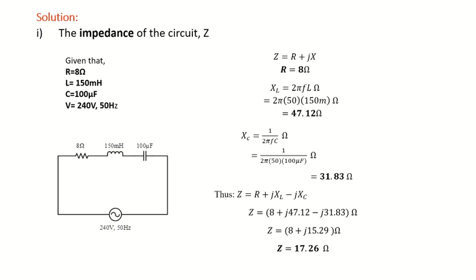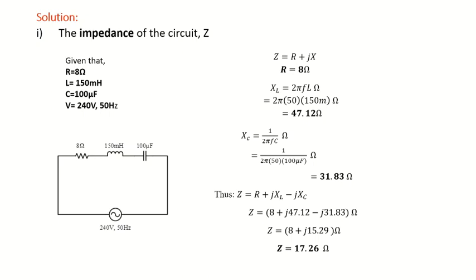So finally, from the calculation, your XL is determined at 47.12 ohms. The next one, since we have the capacitor here, of course we have the